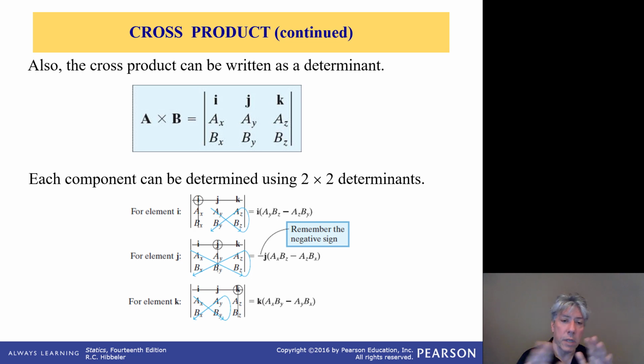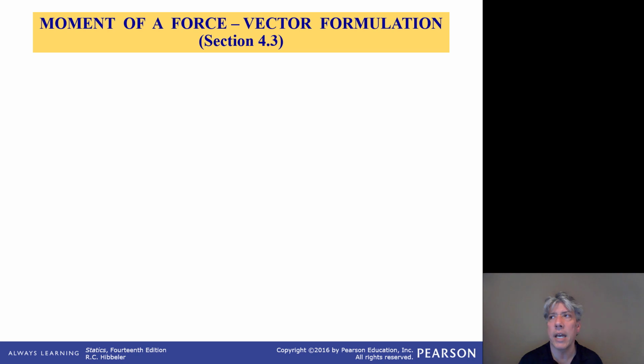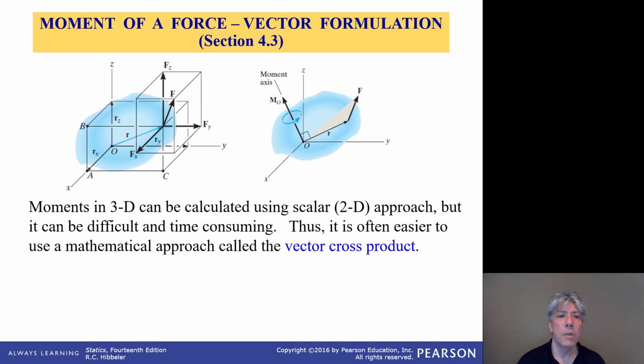So the last thing you do is you take all of these results, this I, negative J, K, and you just add them together. You don't just add them together, you end up getting rid of I, J, and K. It's I times its scalar, minus J times its scalar, plus K times its scalar, and that's the result. So basically what we can do is if we have some general position vector to the line of action